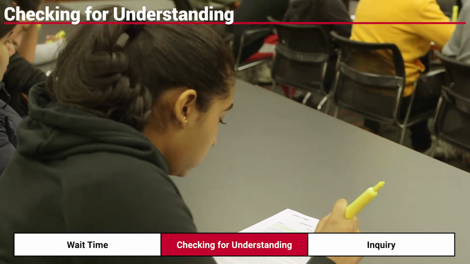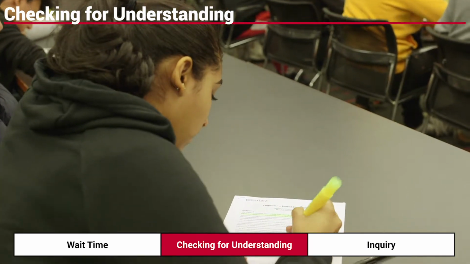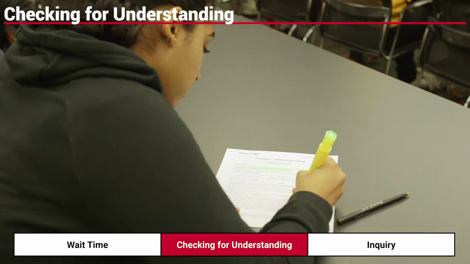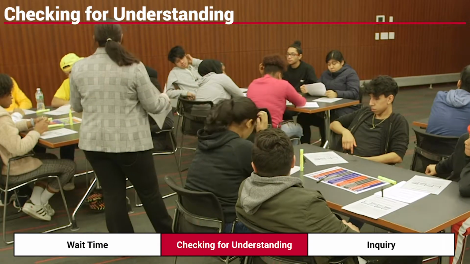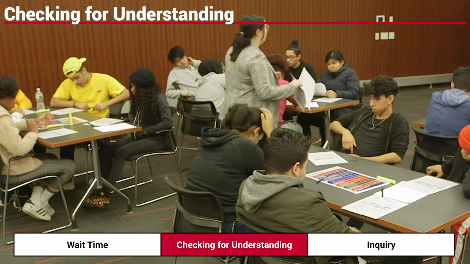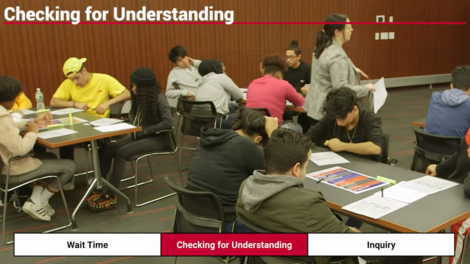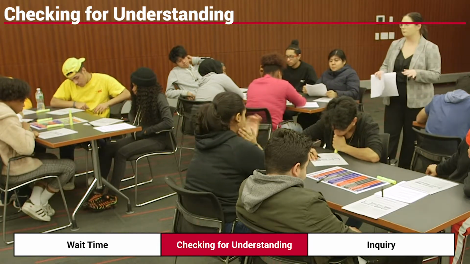The checking for understanding strategy has 2 primary ways it can be used. It can be used for activities that include lengthy and/or difficult directions, and it can be used for activities that have difficult content and concepts. When an instructor checks for understanding, he or she asks students a question that allows the facilitators to assess whether the student knows the necessary information.